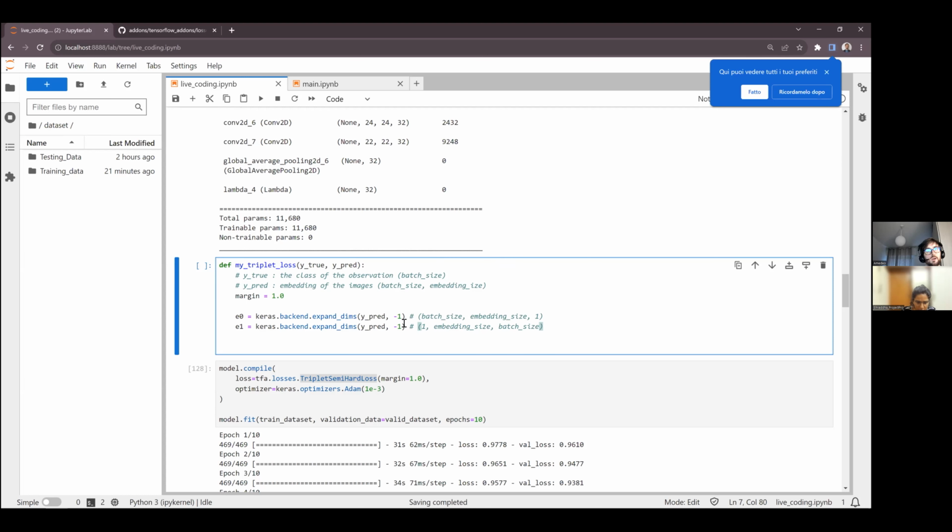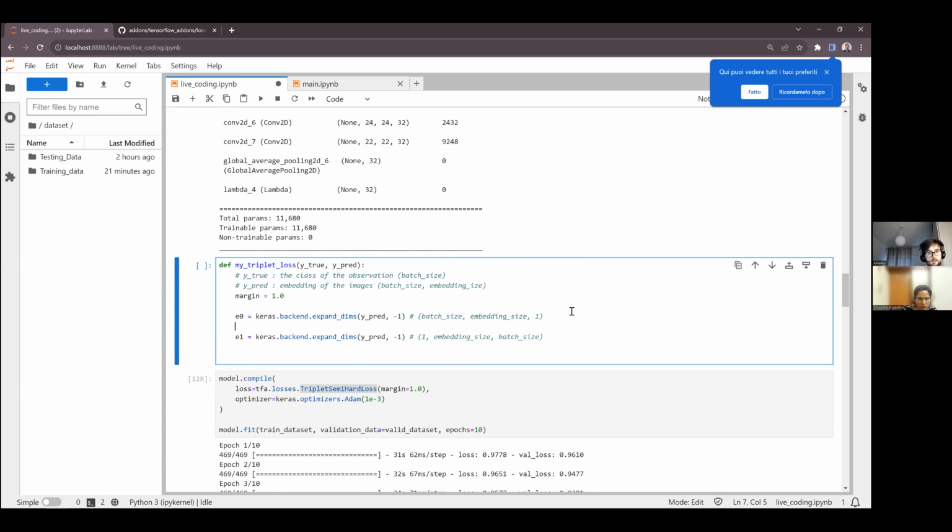To do that, I can do something like Keras transpose of y pred. In that way, I get something of that shape. Let's say it is E1. Then I can take that again and add a dimension at the first place, 0. Okay, now we get that.